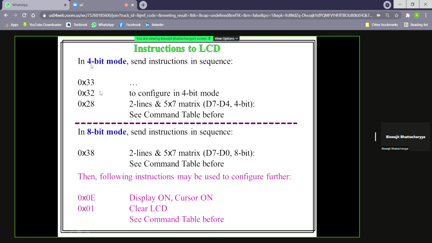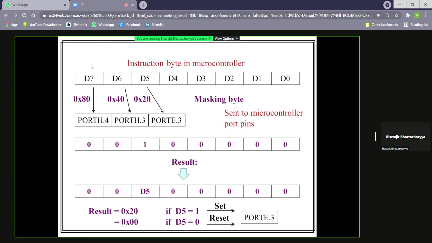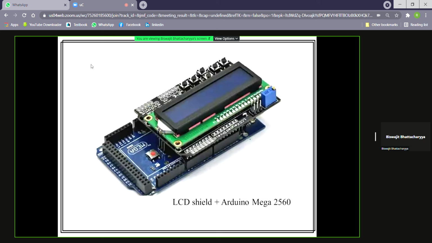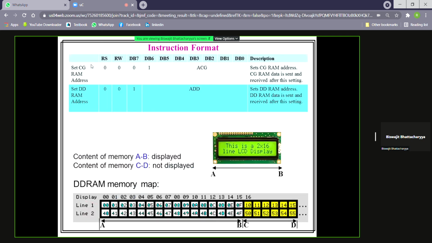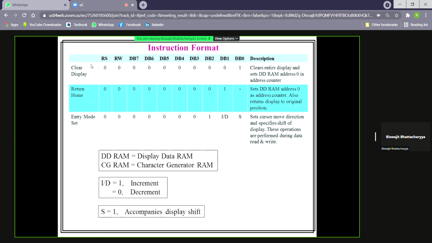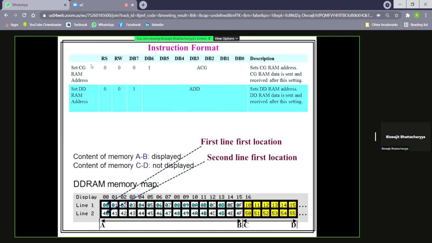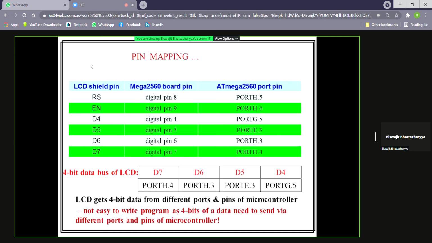How are we getting these things? From that particular table: instruction format, clear display, return home, display on off, cursor. From this, at least these things you have to send.